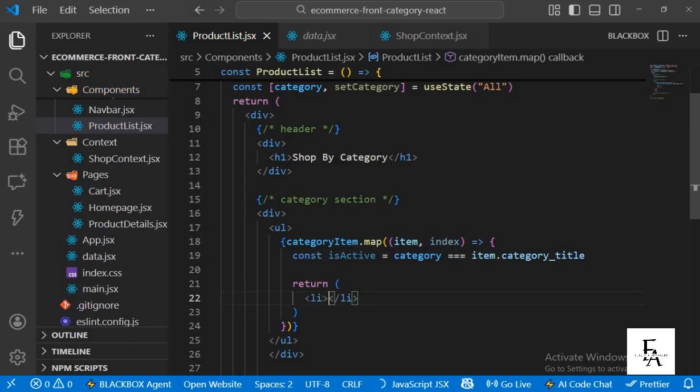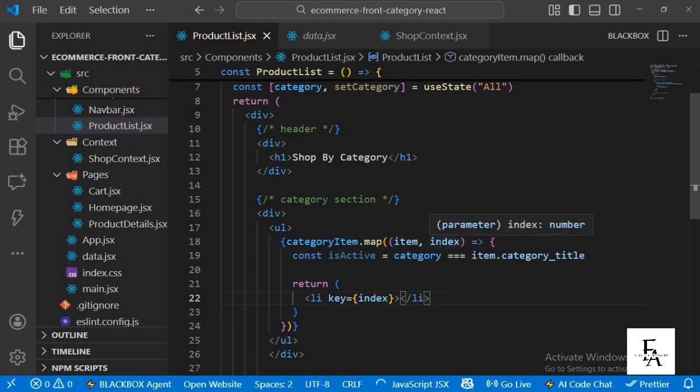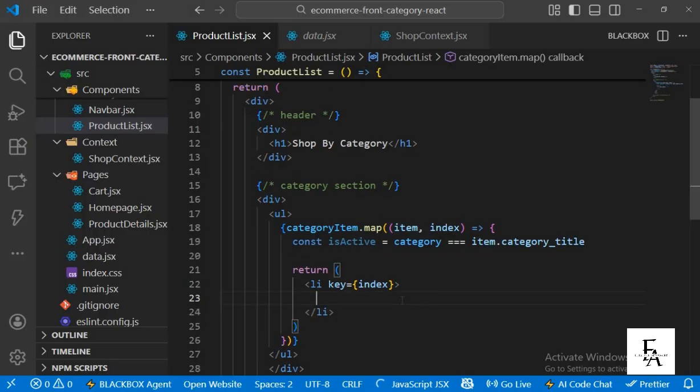For the list item, to uniquely identify each of them, we're going to have a key, and the key will be the index number, which is what we've passed right here. So now, inside this list contains the category card container. That is what the user is going to see. So we're now going to have a div tag,